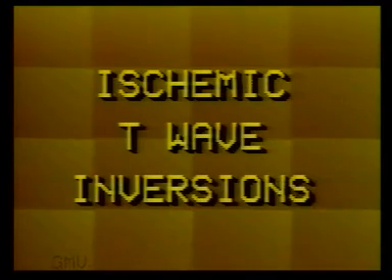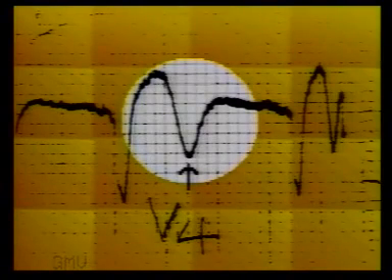Now we come to the ischemic T wave inversions. The T wave of myocardial ischemia is very typical. Normal T wave has asymmetrical limbs and flat top, but in ischemia it becomes symmetrical and pointed like an arrowhead. First we will consider a patient who is in acute chest pain.